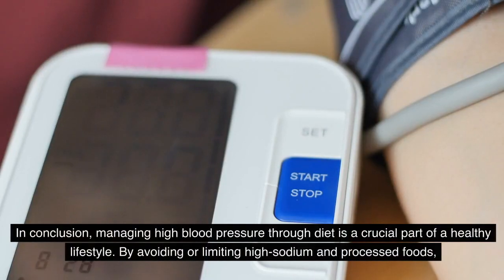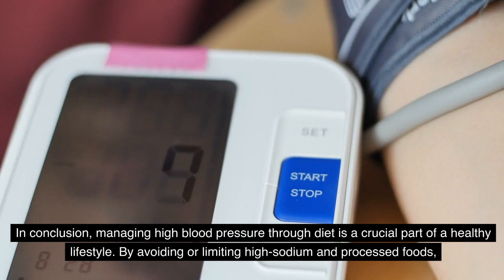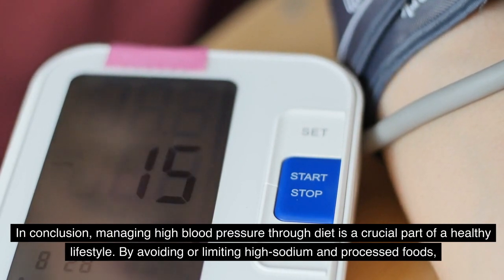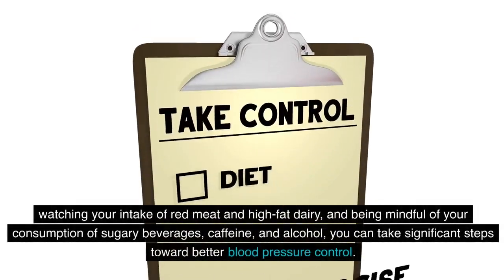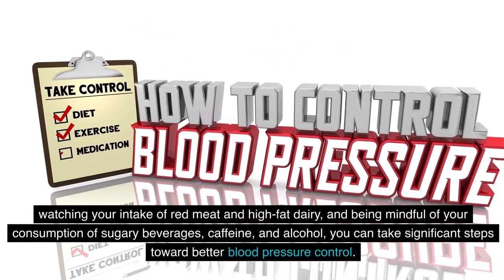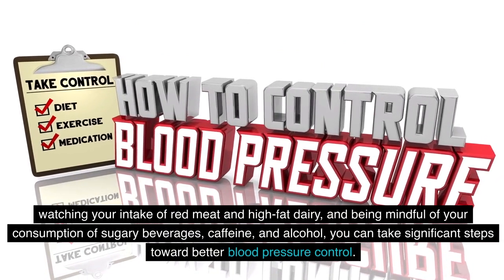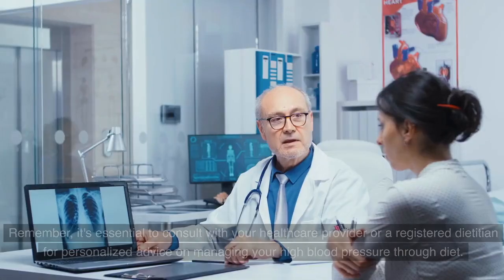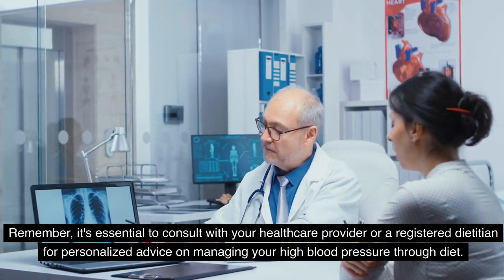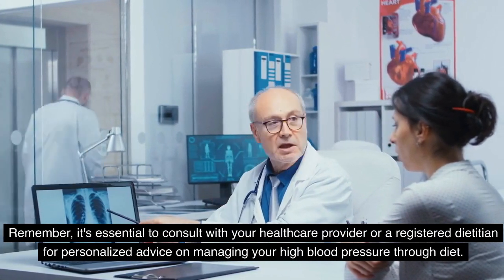In conclusion, managing high blood pressure through diet is a crucial part of a healthy lifestyle. By avoiding or limiting high sodium and processed foods, watching your intake of red meat and high-fat dairy, and being mindful of your consumption of sugary beverages, caffeine, and alcohol, you can take significant steps toward better blood pressure control. Remember, it's essential to consult with your healthcare provider or a registered dietitian for personalized advice on managing your high